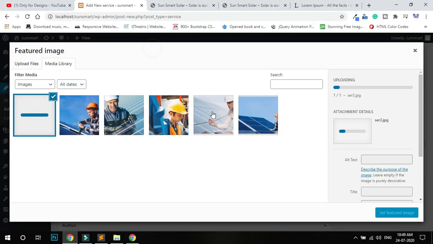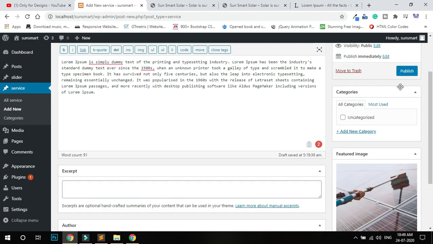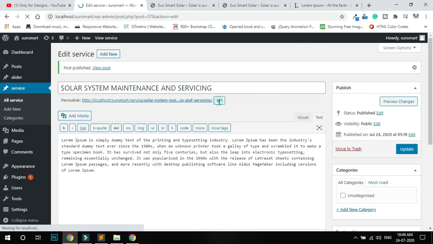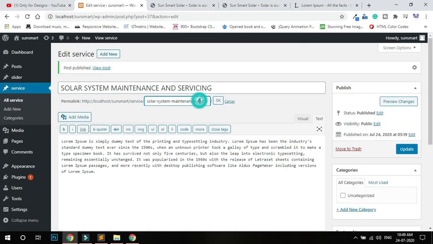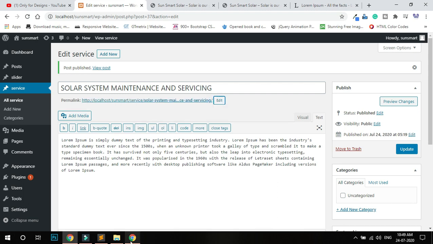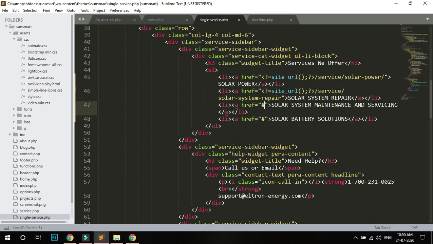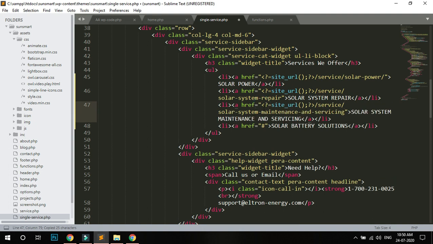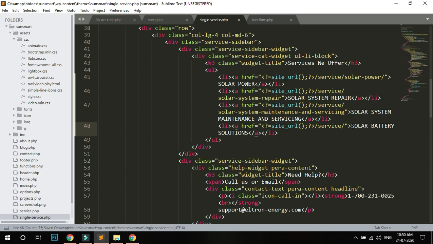So this one, third one, copy and just change the link. Okay, and this one, copy the URL and paste, and also copy it here, and this is the last, solar battery solution.